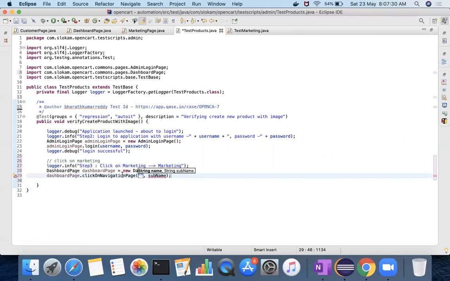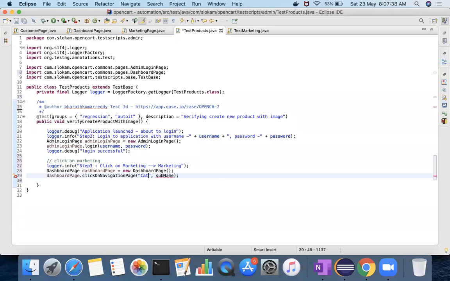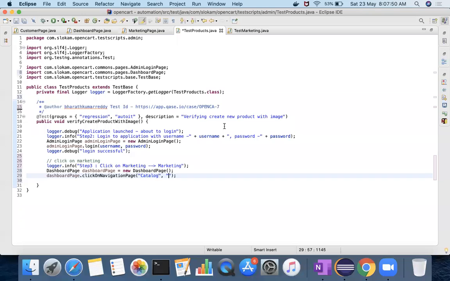What navigation? Let's say first one is here, choose which one you want to click. Catalog, right? So first one is catalog. Okay. What is the second one? Second one is like you have products.